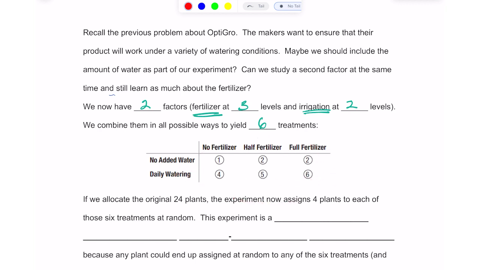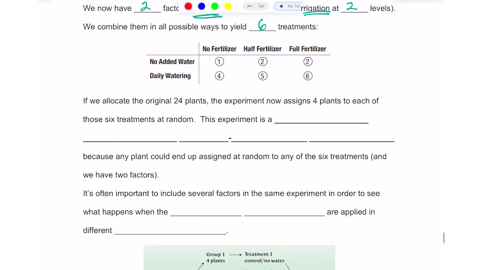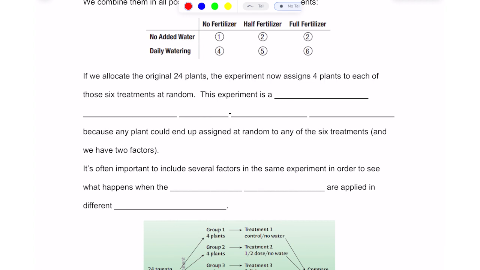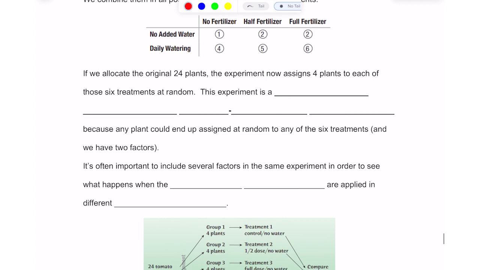6 treatment groups. You have a group that has no water and no fertilizer, no water and half the fertilizer, no water and full fertilizer. So none of these groups have any water, but they're getting the treatments. These groups get water, but they're also getting the same 3 treatments. If we allocate the original 24 plants, the experiment now assigns 4 plants to each of those 6 treatments at